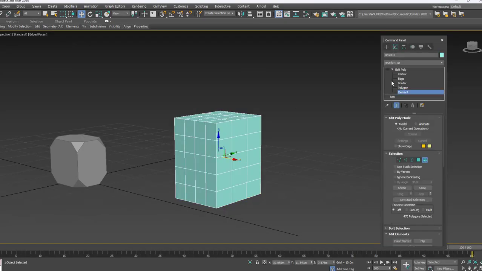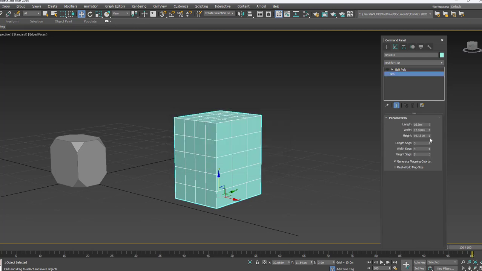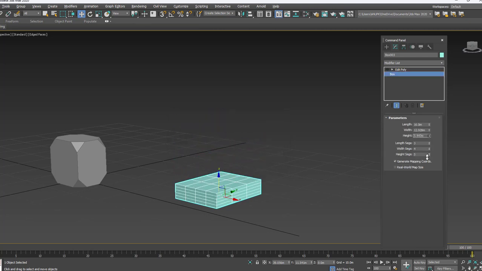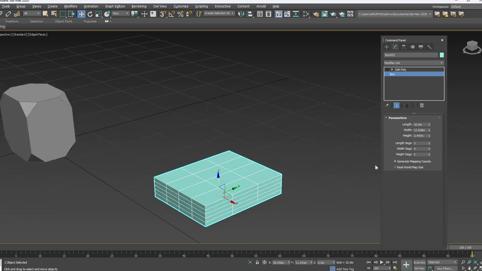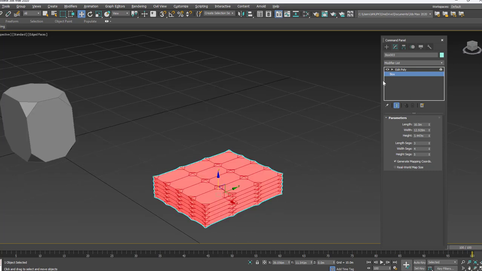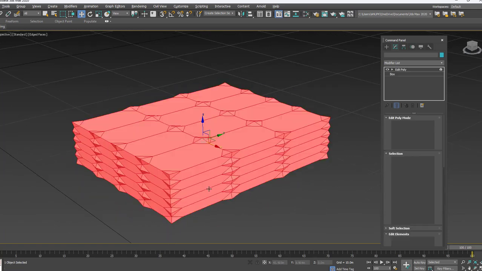For that, turn off this edit poly option and then click over the box, click on the S and then you can decrease the height of that box, and then again you click on the editable poly. So this is how you get the design like this.